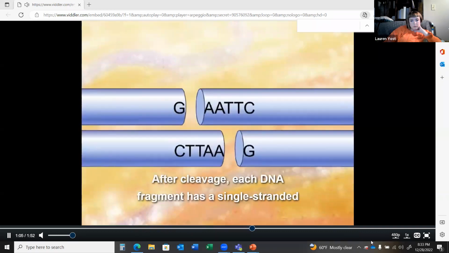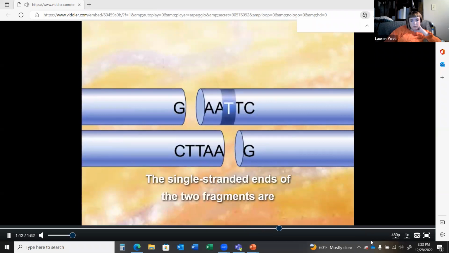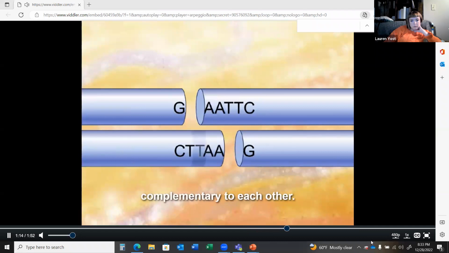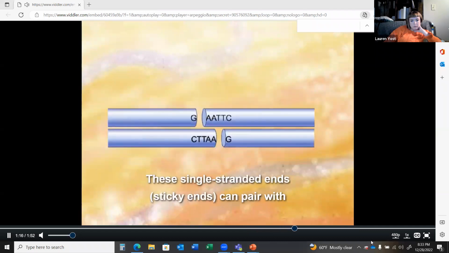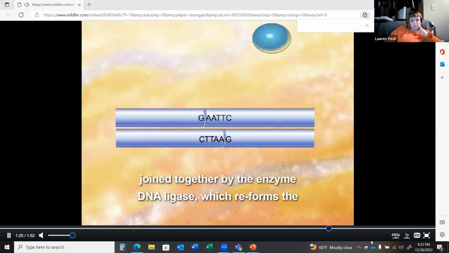After cleavage, each DNA fragment has a single-stranded end that is a few nucleotides long. The single-stranded ends of the two fragments are complementary to each other. These single-stranded ends, sticky ends, can pair with each other. Once their ends have paired, the two fragments can be joined together by the enzyme DNA ligase, which reforms the